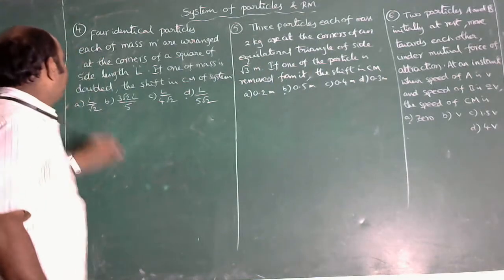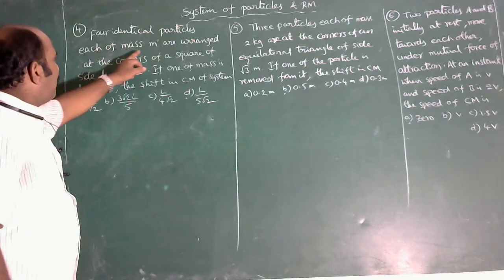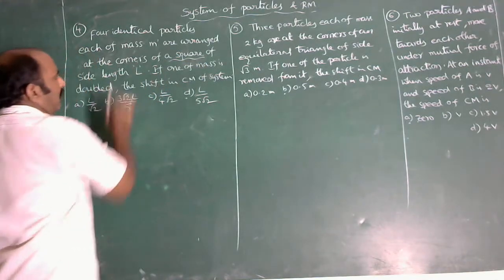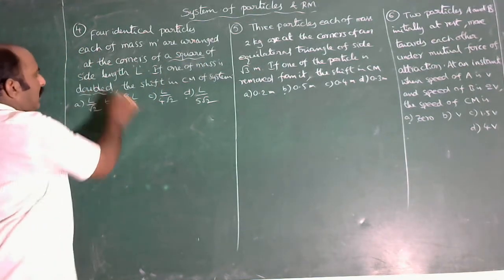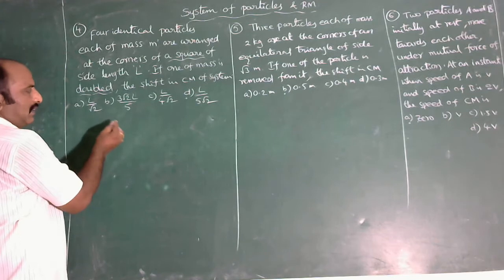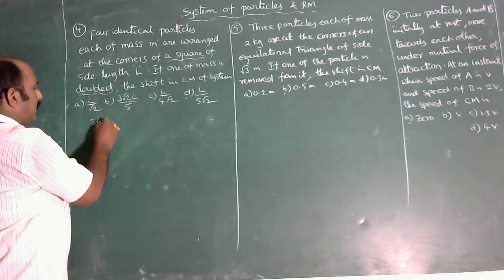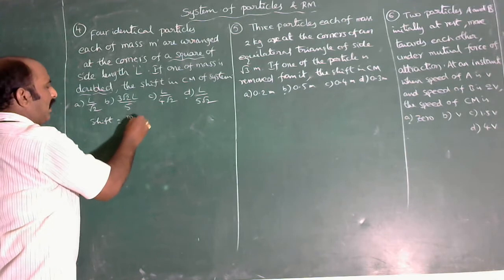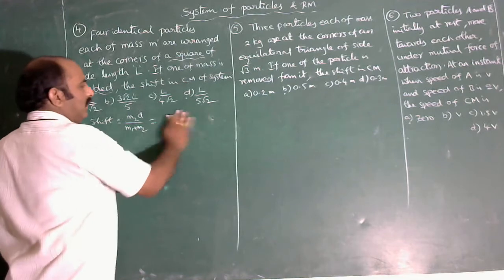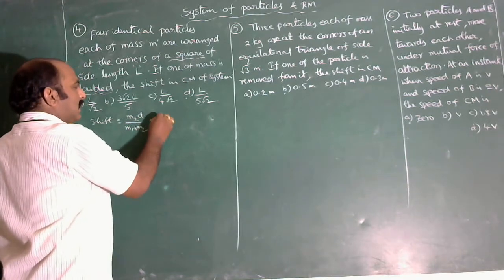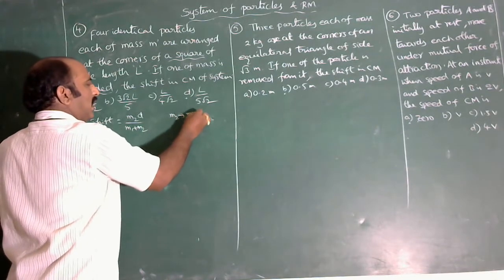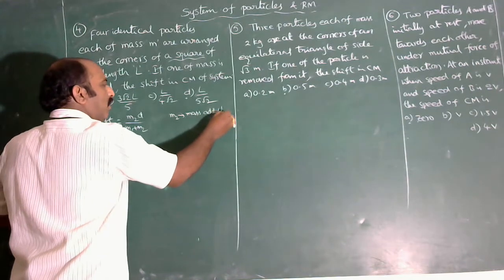Okay, see the next one. Four identical particles, each of mass small m, are arranged at the corners of a square of side length L. If one mass is doubled, the shift in the center of mass of the system is? Here we first need the shift formula, that is shift is m2 d by m1 plus m2. What is m2? This is the mass